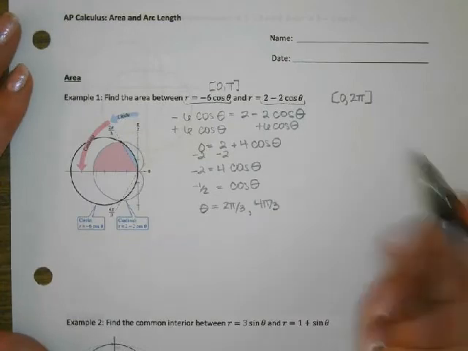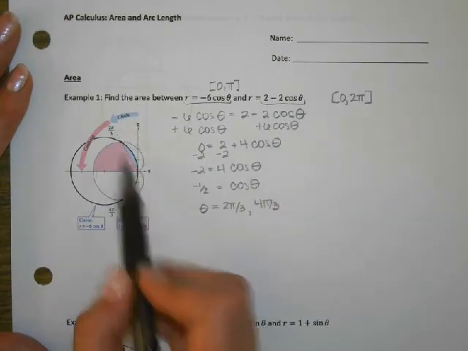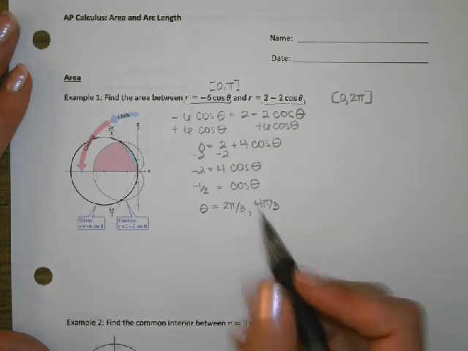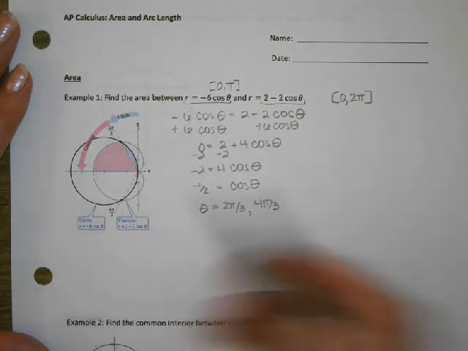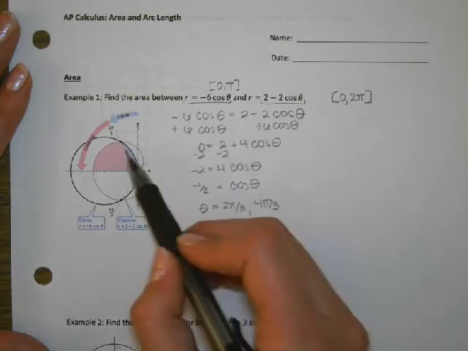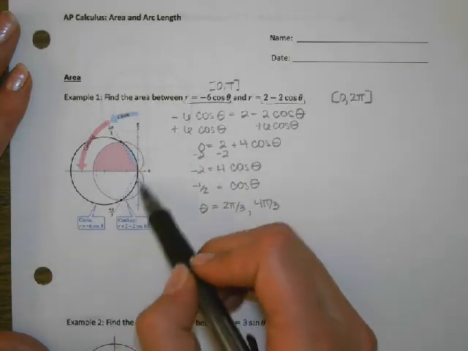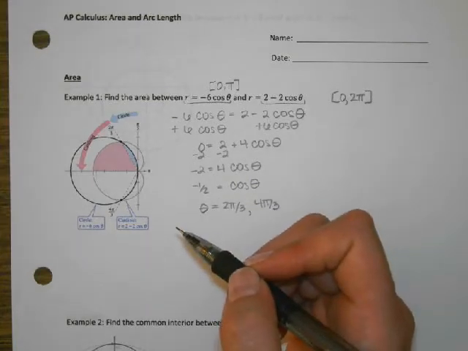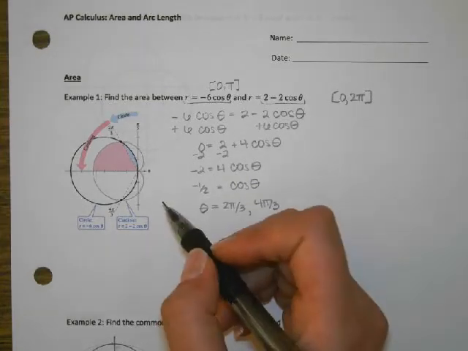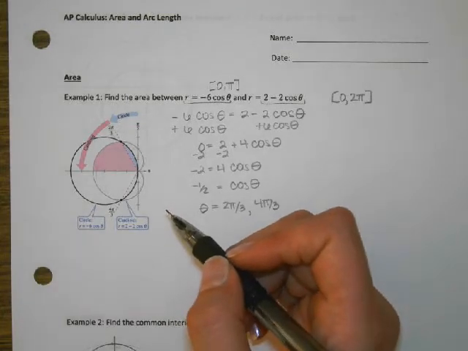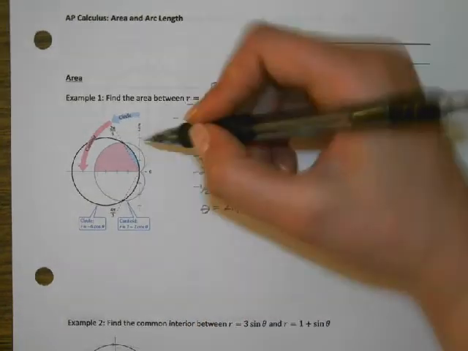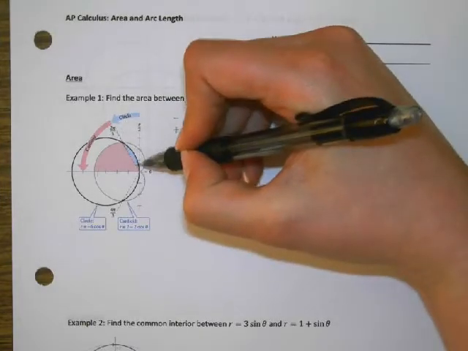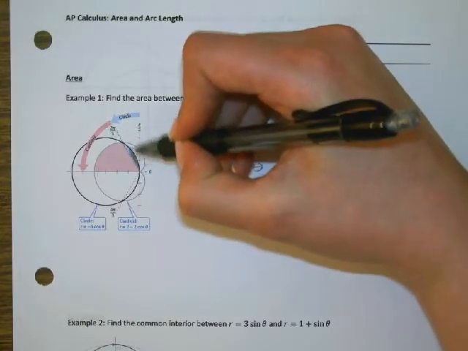And then you can see what they did in the picture is they drew those in. Are you guys able to see that on your copies very well? They drew the 2 pi thirds in and the 4 pi thirds in. So we can see that this oval, egg kind of shape, is where the two pictures overlap. And we want to see which of the shapes we should use to find which part of the picture. So you can see they drew in this 2 pi thirds right here, and then they said that this part right here,